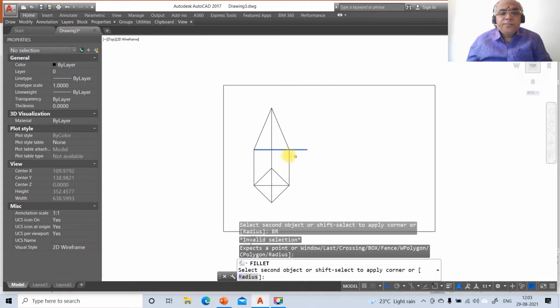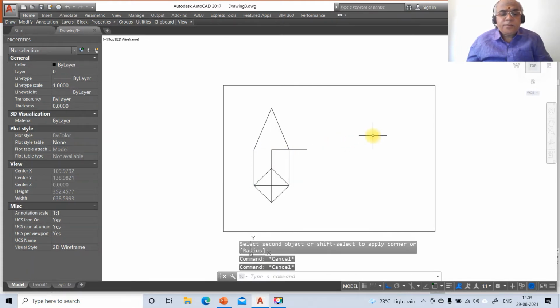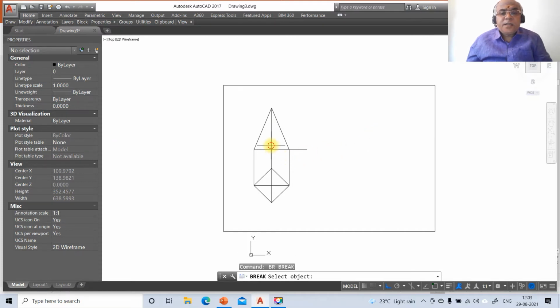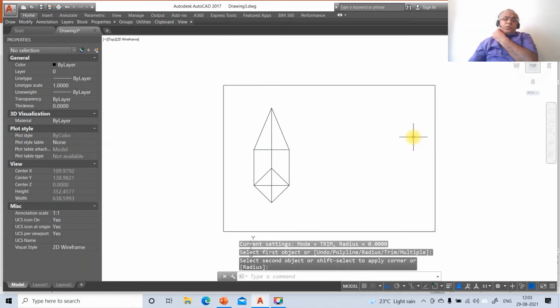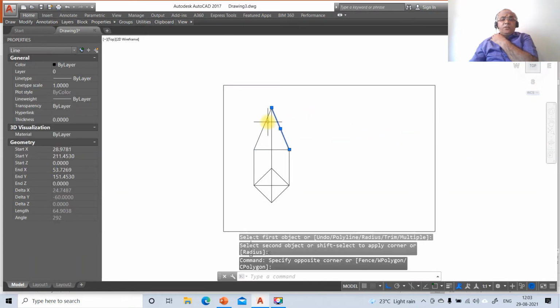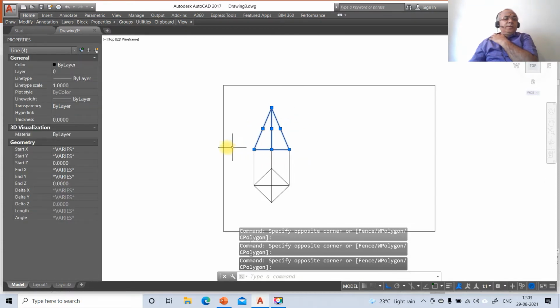Then go to break, select this line, go to first point, take INT of this and say at the rate, then go to fillet between these two. Now once you do that, we need to go for changing the layers. You just click on this, take this entire thing and go to